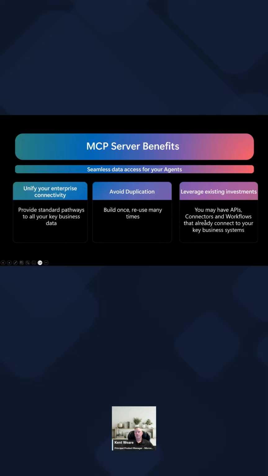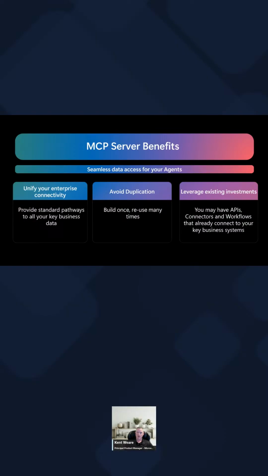All right, so what would be some of the benefits of using an MCP server? Like in that example we saw in Agent Loop, we saw connectors. Even if you go into Copilot Studio, we'll see later on, it's the same sort of concept where, hey, I can just use a connector. So why do I care about MCP servers? I think it really comes down to the more of the enterprise lens that you're looking through, and what are the benefits when you think about doing this at scale. If you're building a single POC, maybe you don't need to use MCP servers if you're using Agent Loop or Copilot Studio or even Foundry.